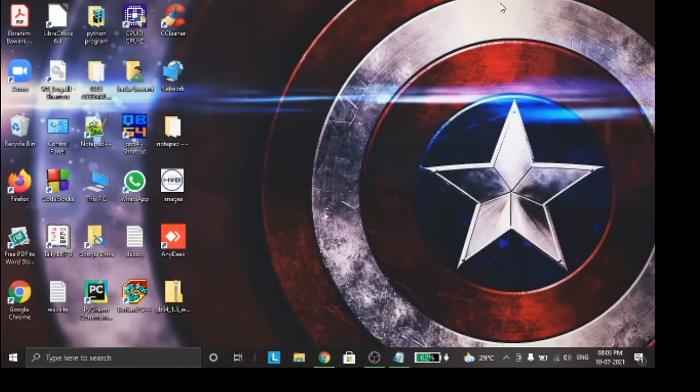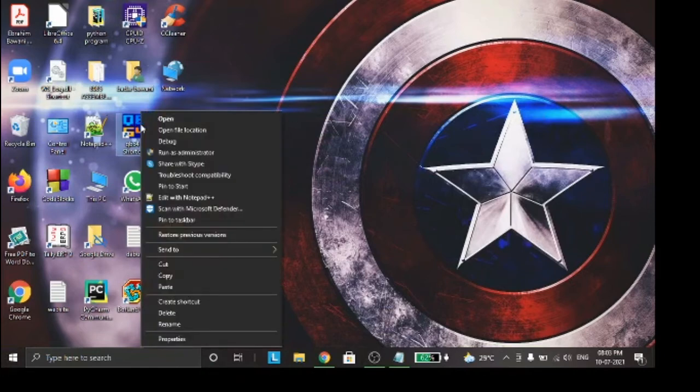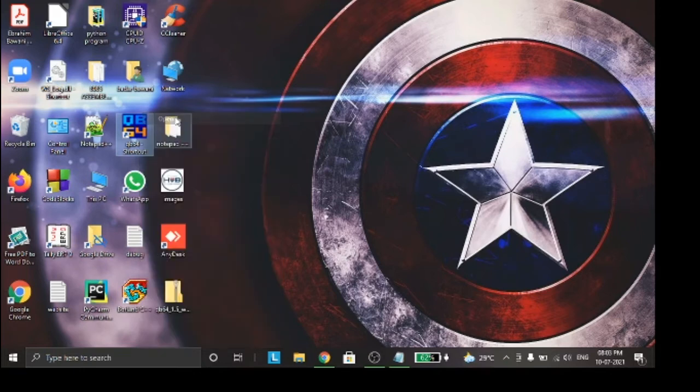It is on my desktop right now. Once I get the software on my desktop, I will right click on it and say run as admin, or I will say open. If it is a guest user, I won't get access, or it may throw an error. My user ID is right now an admin ID, so I can directly click on open.